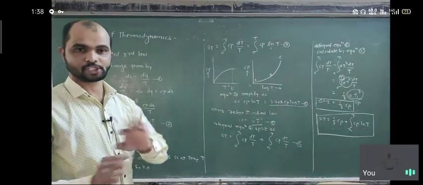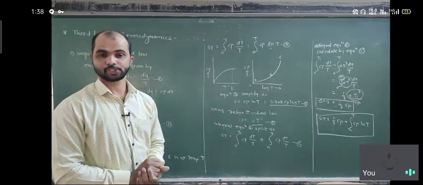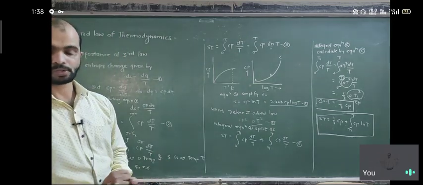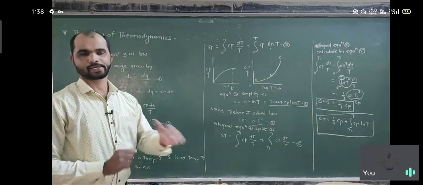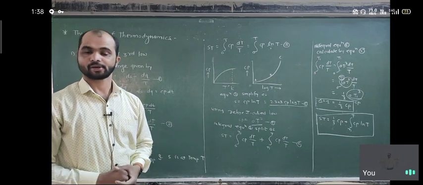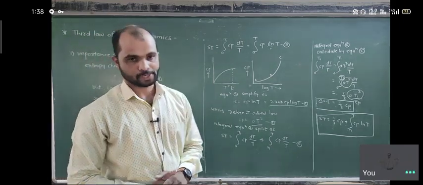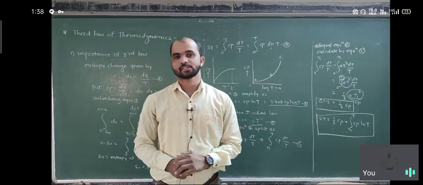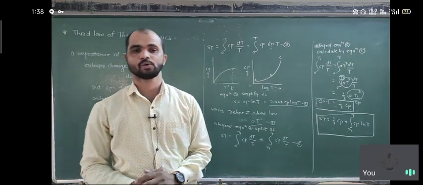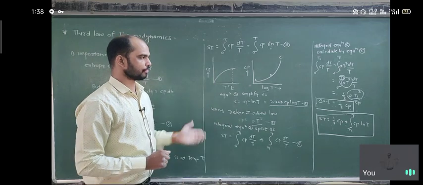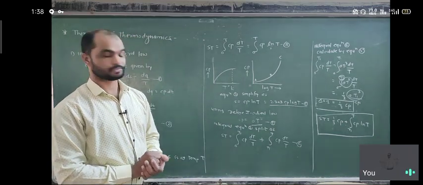So this chapter is finished. This is the application of the third law to measure the entropy at temperatures more than 0. But according to the third law, at absolute 0 temperature, the entropy of a perfectly crystalline solid is 0. So we stop here. We finish the first chapter.